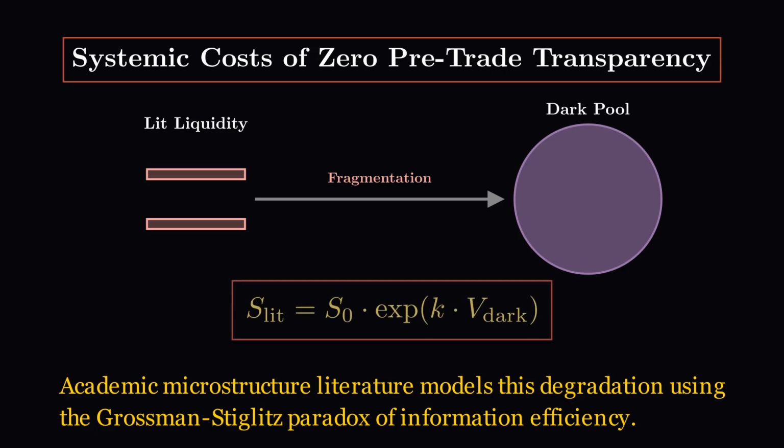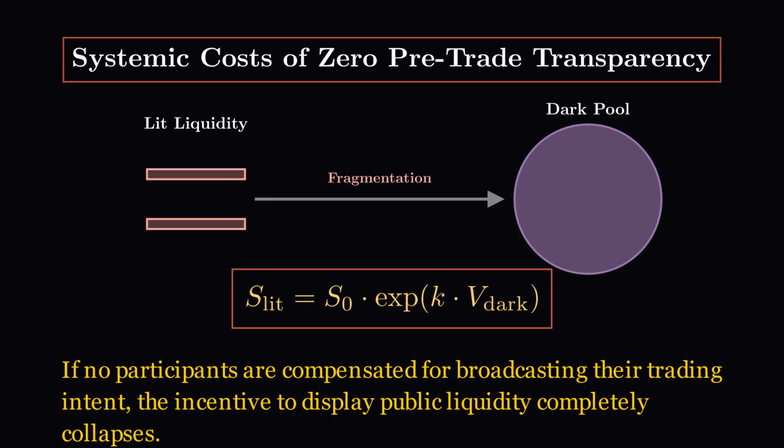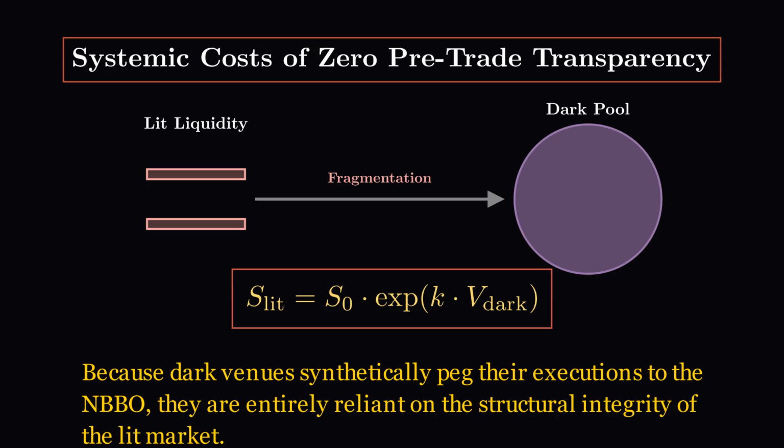Academic microstructure literature models this degradation using the Grossman-Stiglitz paradox of information efficiency. If no participants are compensated for broadcasting their trading intent, the incentive to display public liquidity completely collapses. Furthermore, the derivative pricing architecture of dark pools creates a fragile dependency loop. Because dark venues synthetically peg their executions to the NBBO, they are entirely reliant on the structural integrity of the